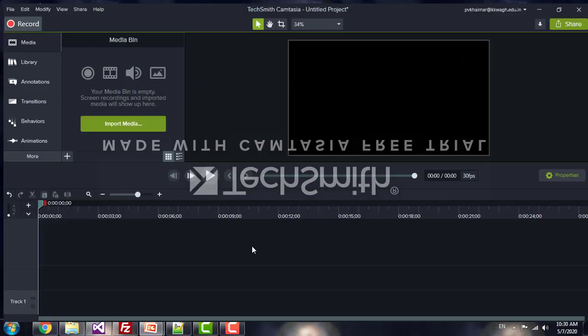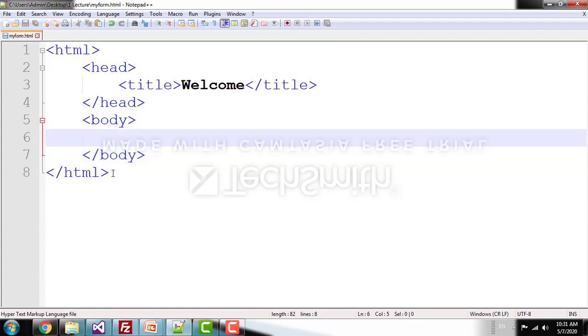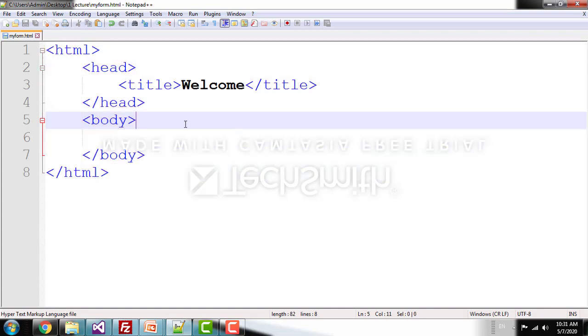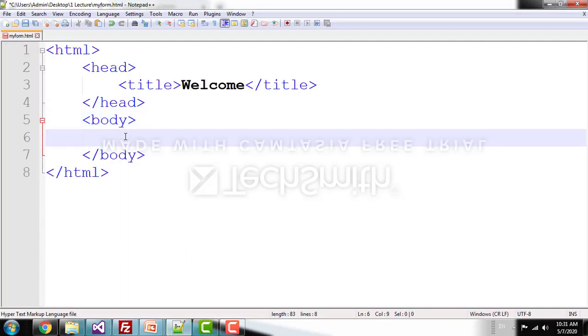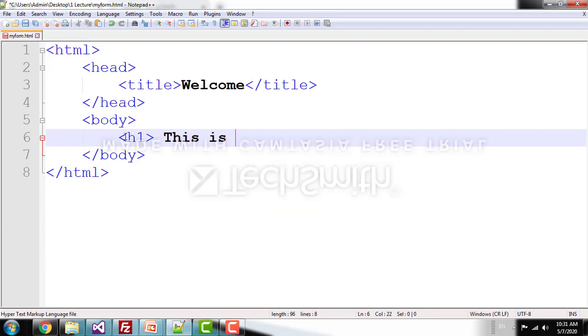So this is our HTML page, with the basic syntax, and we know the structure of this HTML page. I have saved this, and this is the output of our page. Now we are going to change something in the HTML body. For example, I will use the h1 tag. This is form, closing h1 tag, and I will save. I will get back to this page and refresh. This is the form tag.